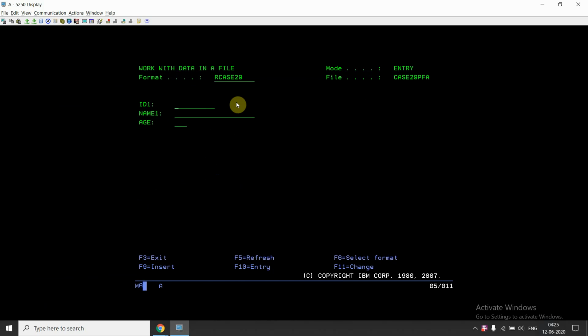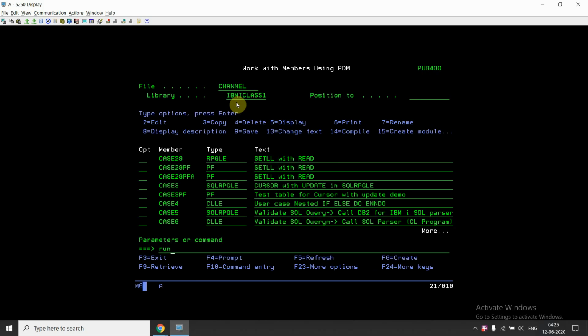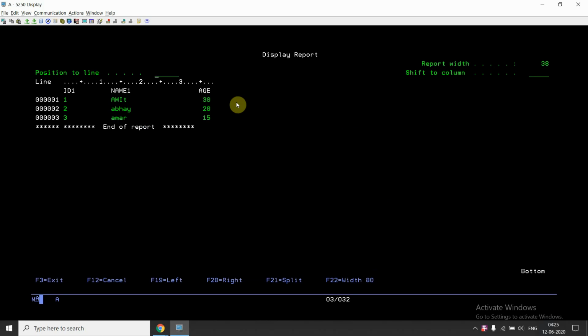So I'm inserting the data. For example, I'm inserting the data 1 Amit 30, 23 Amar 15, like this. There are 3 records inserted. Run query *N and case 29 PFA, right?